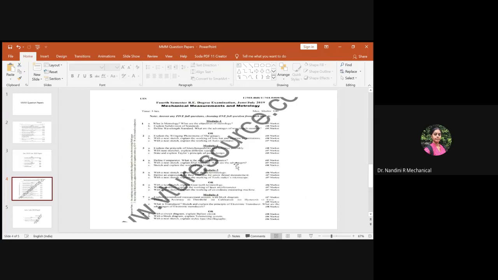Along with that, you have the third sub-question asking you to sketch and explain the working of an LVDT. So you should be able to draw the sketch and explain how an LVDT works. So this is about the pattern of questions which come across in our module 2. Brushing out with respect to the PPT, I will be doing in the next class. So now if you have any doubts, you are free to ask me.